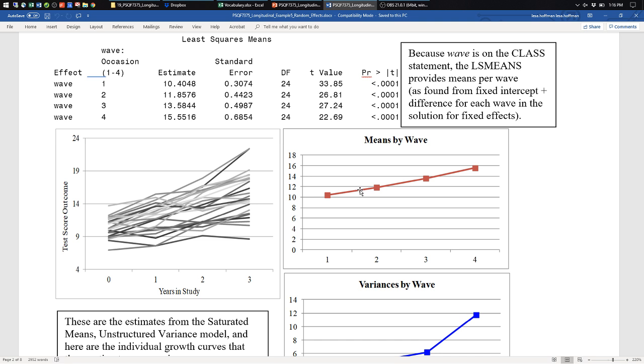Sometimes, if you have missing data, what you will find is that if you fit this model and look at those means, they will not match the means from your data. The reason is that these are estimated means. They're estimated as if your data were complete. They're trying to recreate what the parameters would be for the means at each occasion if you have complete data. If you don't have complete data, then the means you get from your data are going to be different.